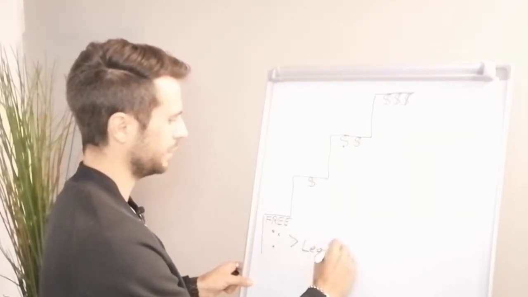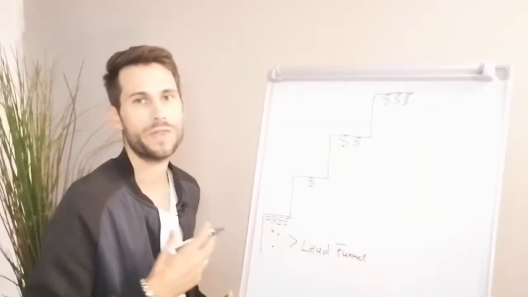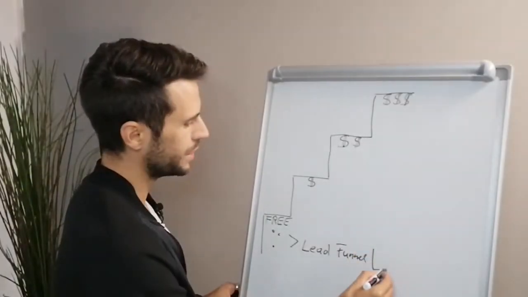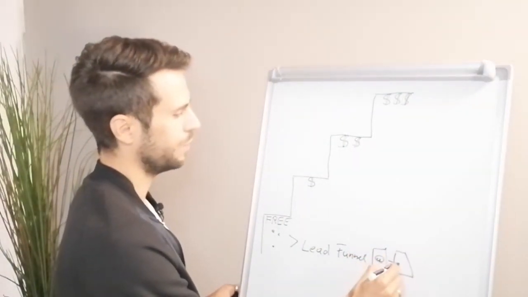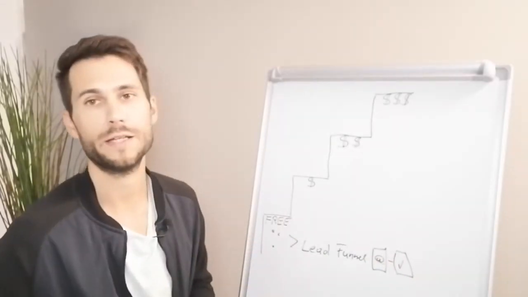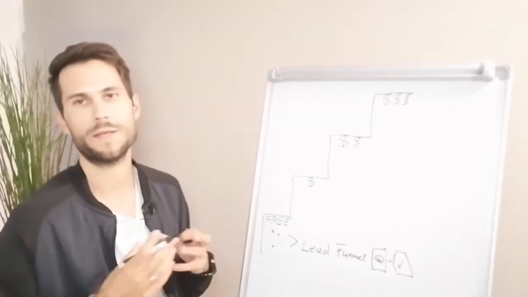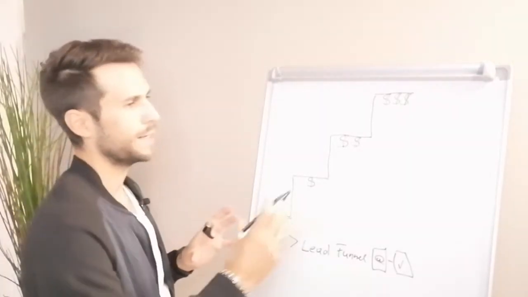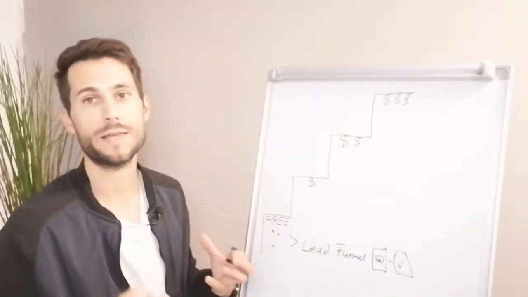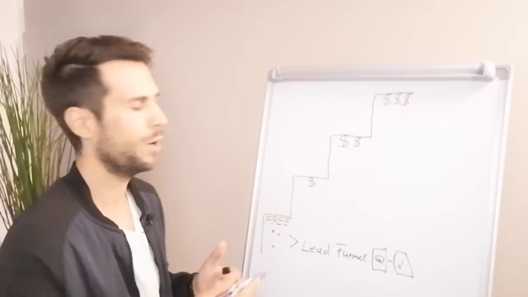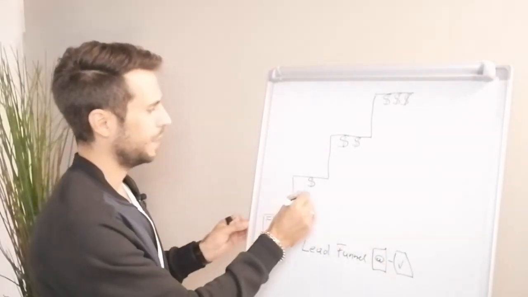Okay, this is a lead funnel, and with the lead funnel, we usually have them opt in. They give us their email address, and then they get their free video, their ebook, whatever you're providing at this stage. And then we're able to follow up with them and send them emails. And then we can send them to the next stage if they see that we have provided great value, if they see that we have fixed maybe their first or next problem. And this is where we usually are able to present our next offer.